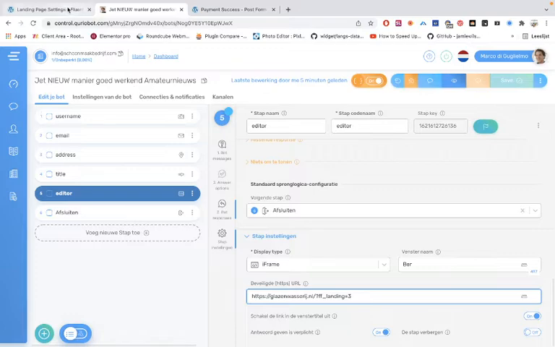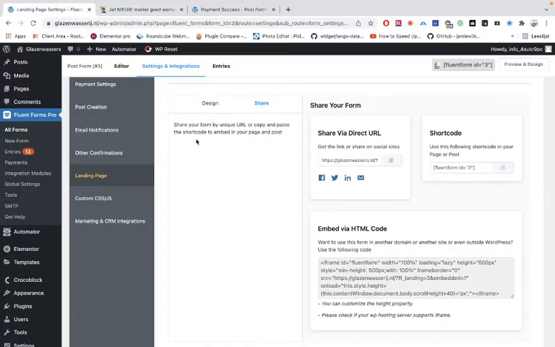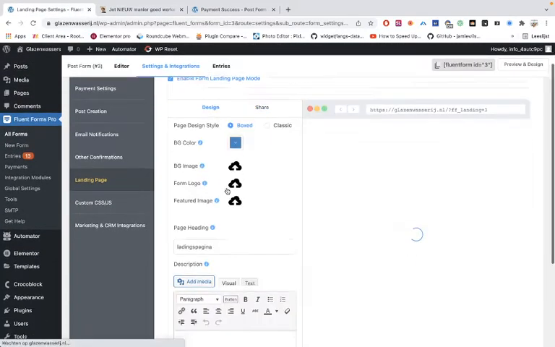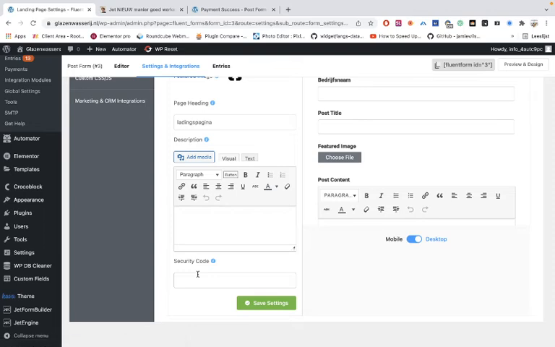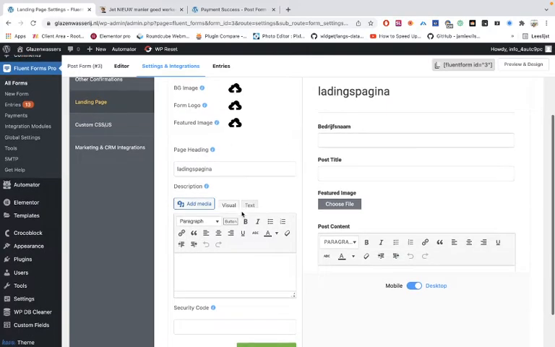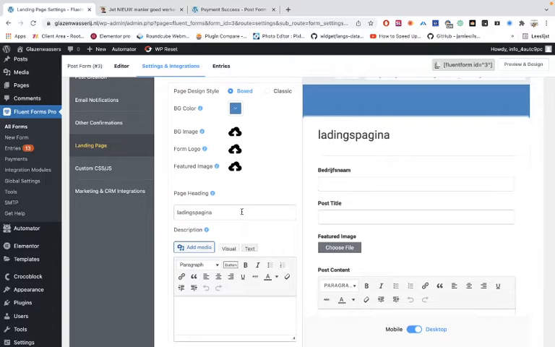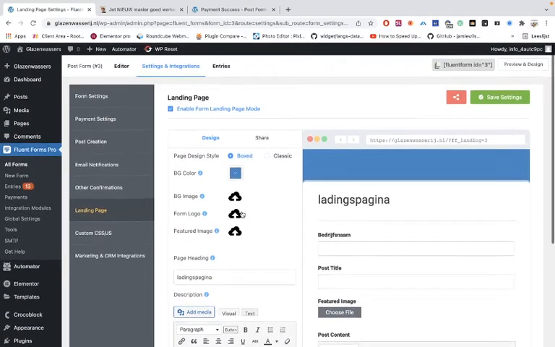Now you also want to enable a security code. I haven't figured out at this moment how it works with Quriobot, but it must not be so difficult. I will find it out and I'll leave it in the comments later on. But anyway, once you have done that,